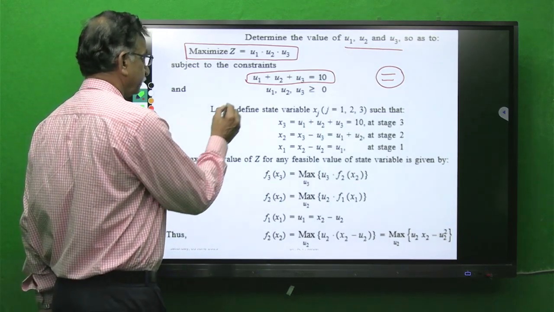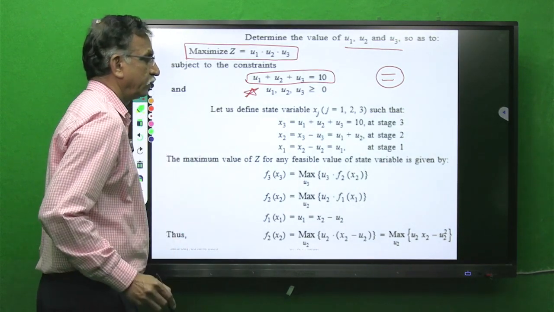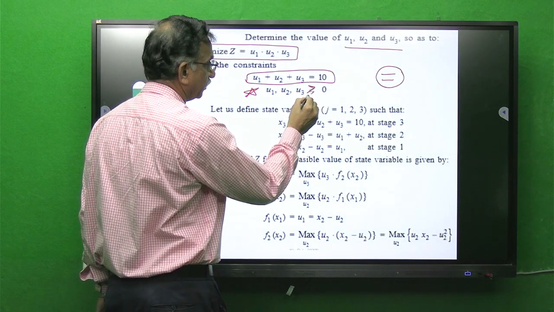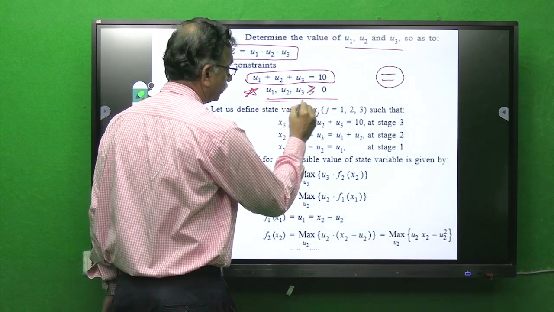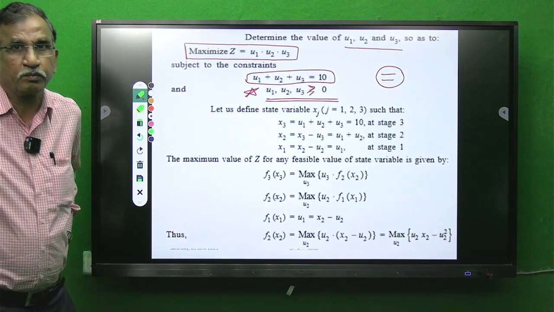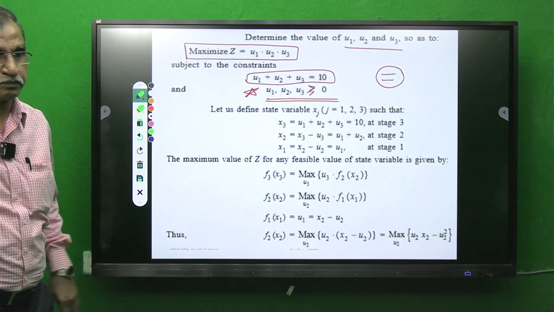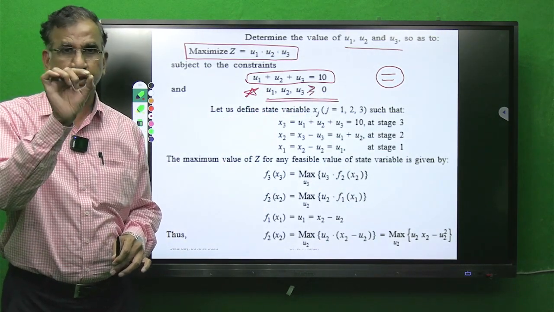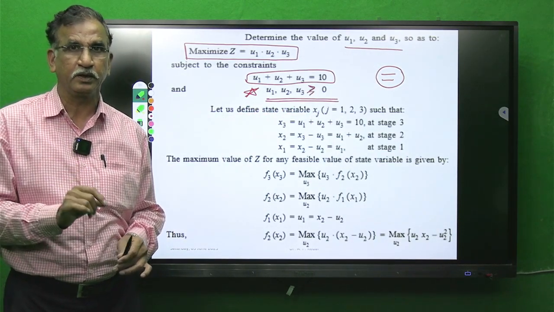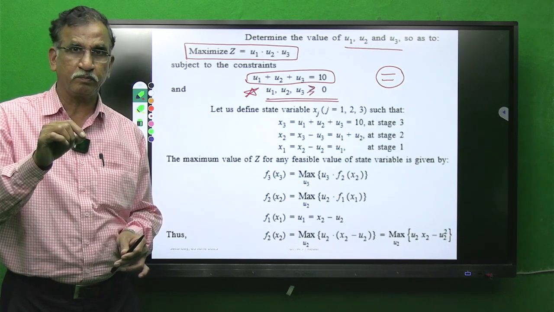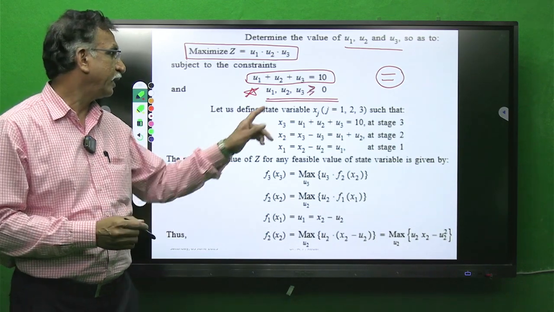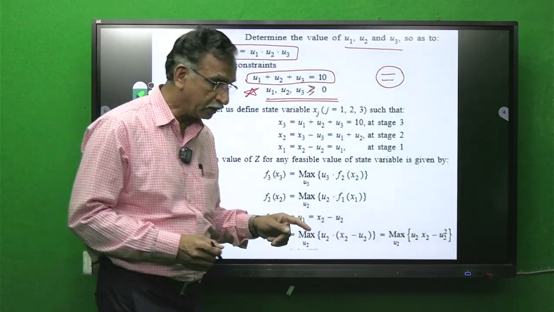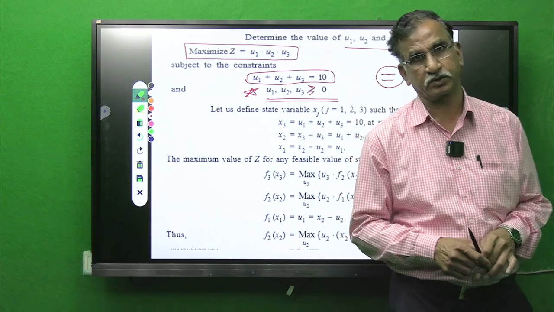Now see here, u1, u2, u3 are given as greater than or equal to 0, but it is not mentioned that they are integers. It is not mentioned here. Would it have been mentioned, this is a very important statement I am making, if this problem had mentioned that u1, u2, u3 are greater than or equal to 0 and integers,